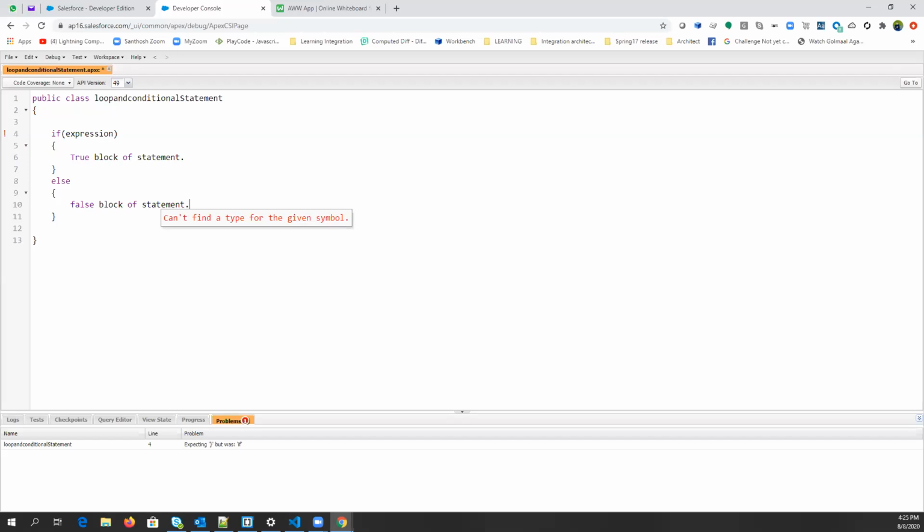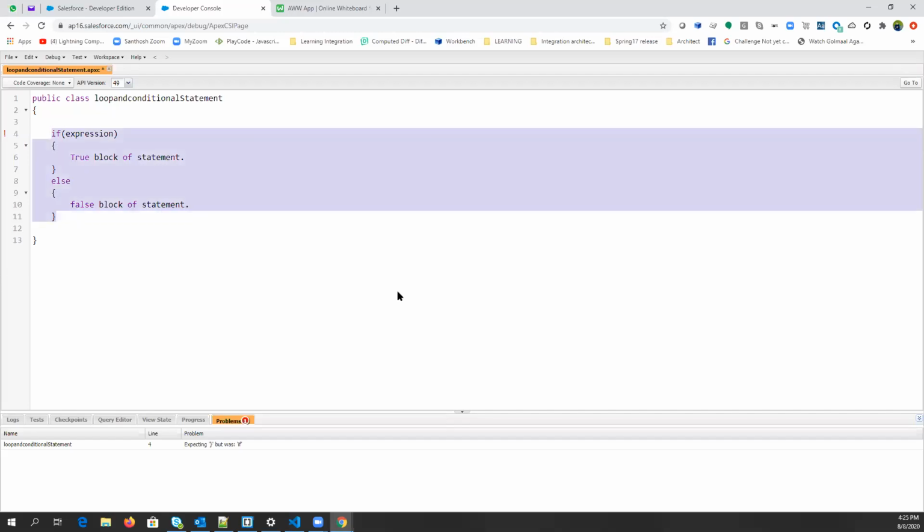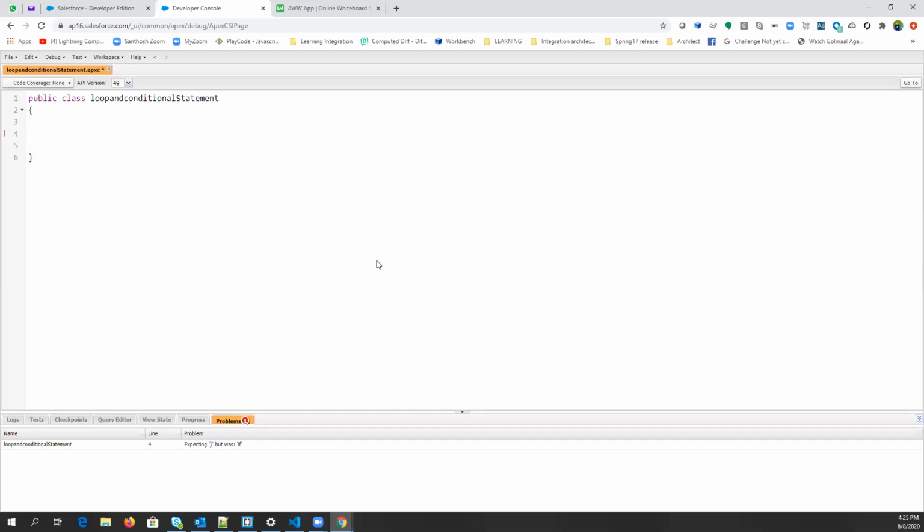So let's take an example of how you can explain the if else condition. Let's say we have a condition. We are having a variable of type integer called age, right?